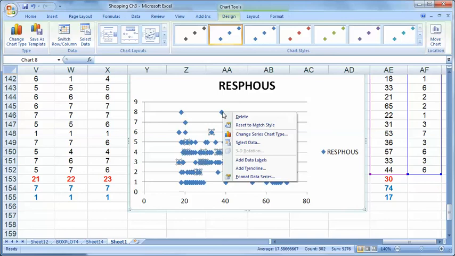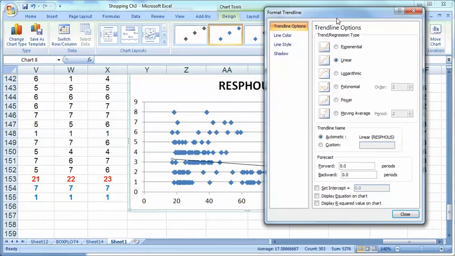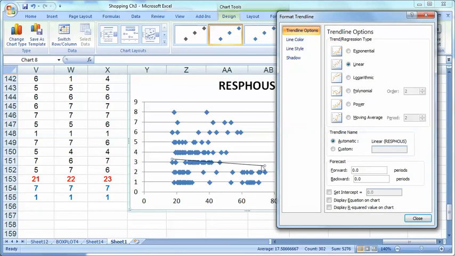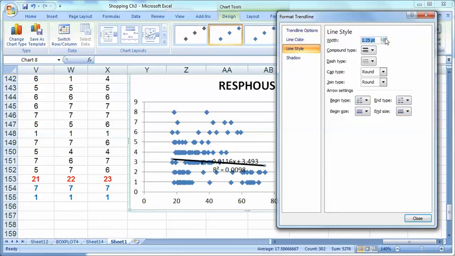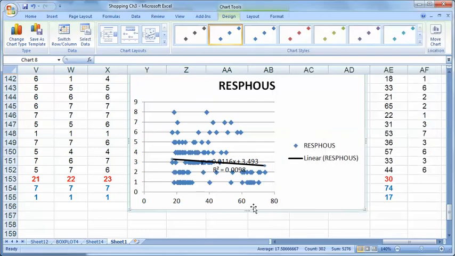Our author said if we right-click on any data point and say add trend line, Excel will add a line for us that's the best fit regression line. And I want to display the equation, and I want the r-squared value. That's the coefficient of determination. And I'm going to make my line a little bit thicker so I can see it. All right, good enough. Grab my equations, pull them out. And now I have an equation of the line that's supposed to fit that data and an r-squared value,